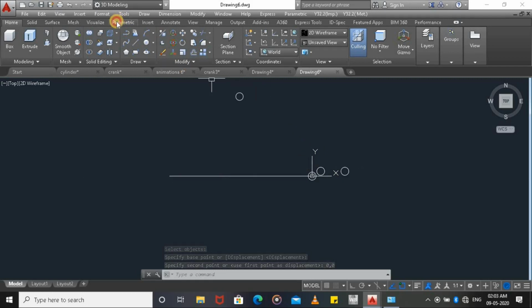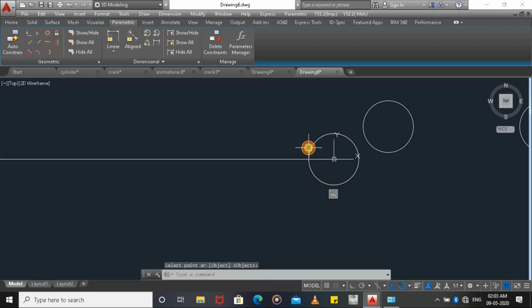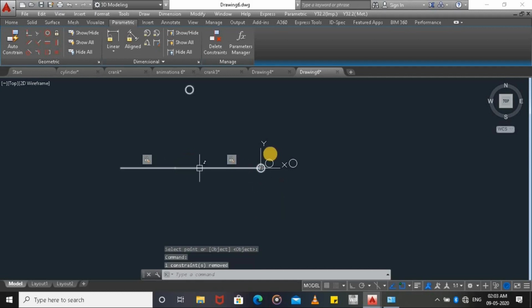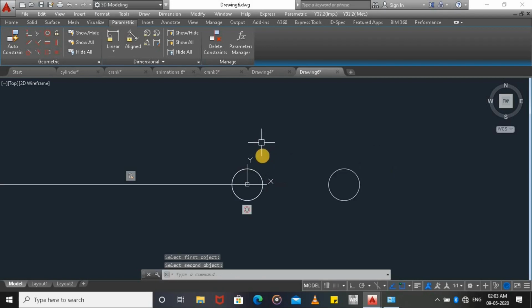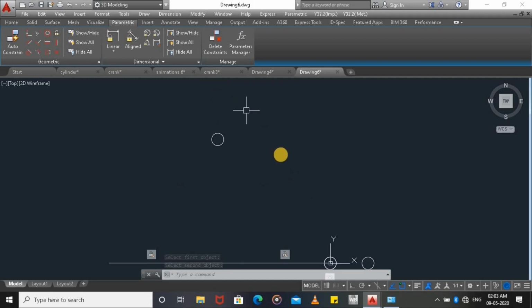Now going back to parametric, fix, then we have to fix this circle, or we can fix this line here, and then this is not required because this is one part, this circle and these lines. Then concentric, this circle and this circle. So you can see that this crank has now become concentric with this circle.